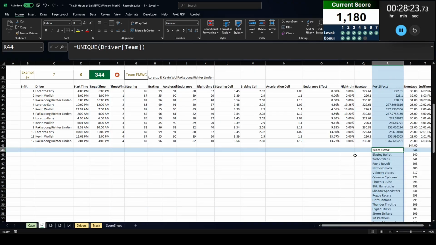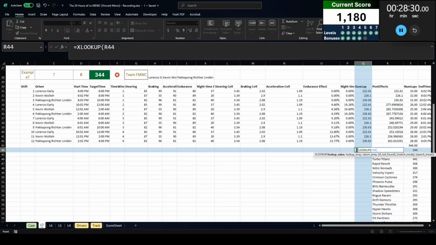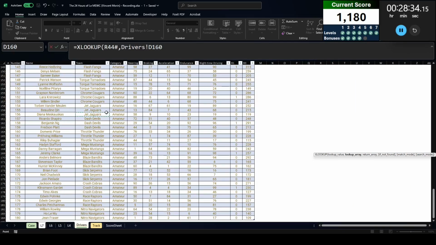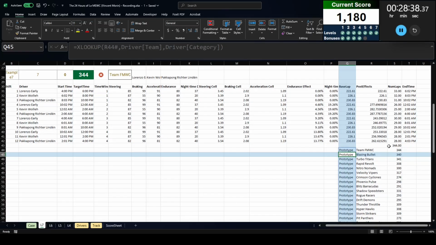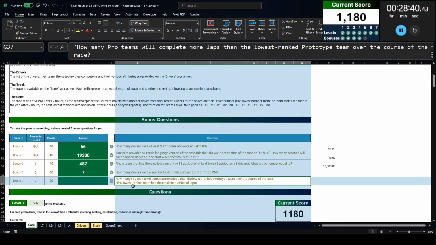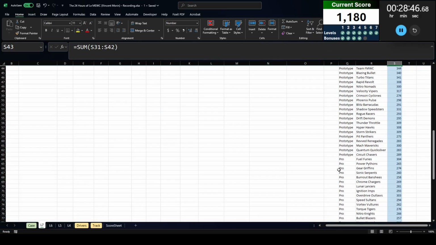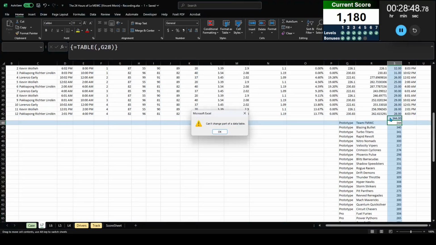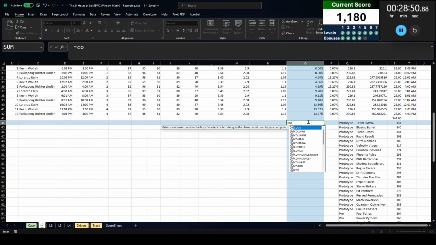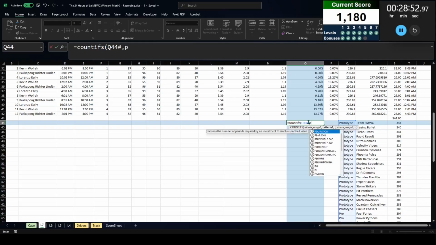Now the question is how many pro teams, so I need to figure out which type of car they're running. So we are going to look up the team names against this driver table and return their categories. So there we go. We're looking at the lowest ranked team has the smallest number of laps. So we need to see which pro teams have fewer than 344 laps. So we're going to do count ifs if that is pro,